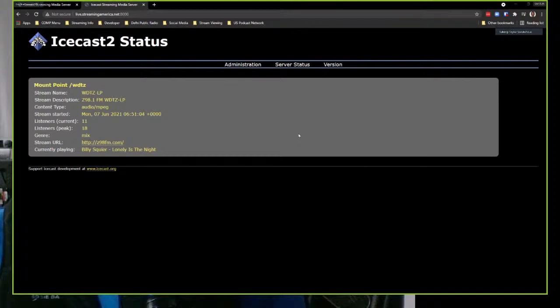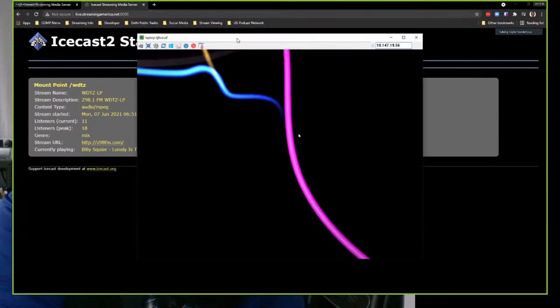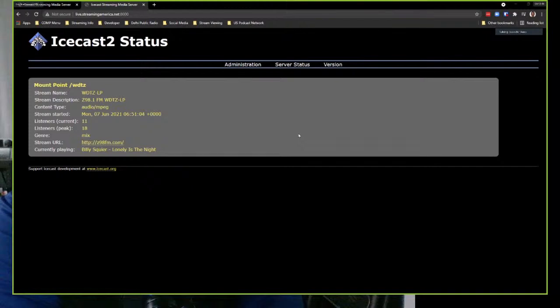This server is in Azure. It's a Linux box, and it's running Ubuntu, and I just installed